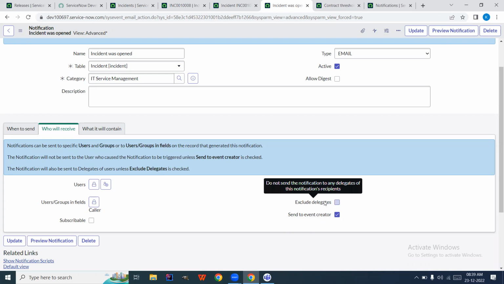So delegate is nothing but the person who is in charge in the absence of someone. Okay, so exclude delegates means, say for example, you don't want to send this notification to the delegate. It has to be sent only to that particular user, not to their delegates. Then you will select this exclude delegates. And then we have send to event creator. So send to event creator means,